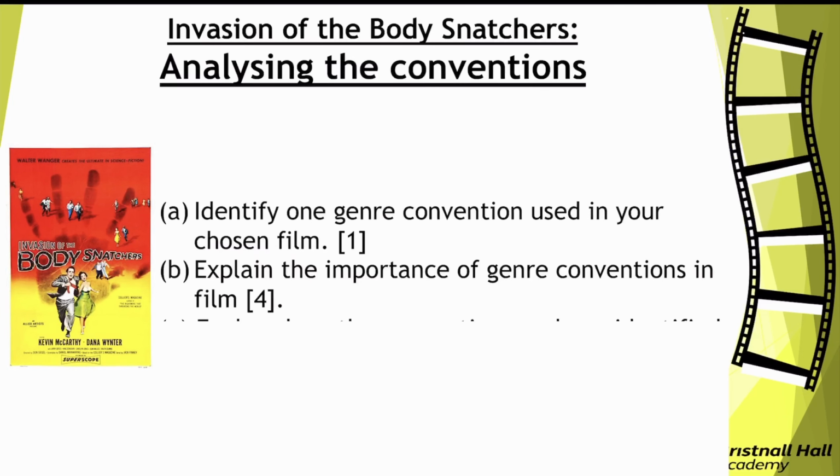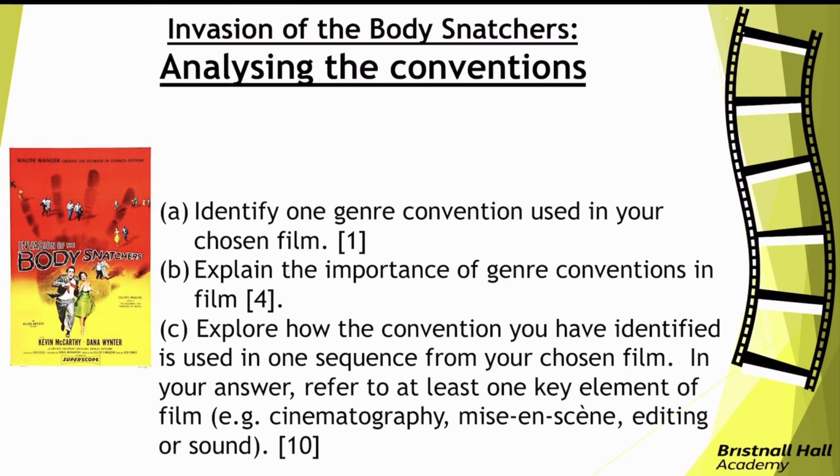1B is explain the importance of genre conventions in film, which means generally, not in this specific film, but generally, why are genre conventions used in film and why are they important? 4 marks. And then 1C, the big mark answer, is explore how the convention you have identified in 1A is